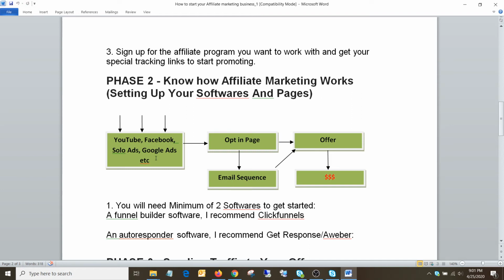Just let it be. And what most affiliates do, even I made this mistake when I started off with affiliate marketing, I started driving the traffic directly to my affiliate link. Thinking about the sales, okay, let's say I drive 500 visitors to my link. Okay, let's say at least 10 will buy from it.